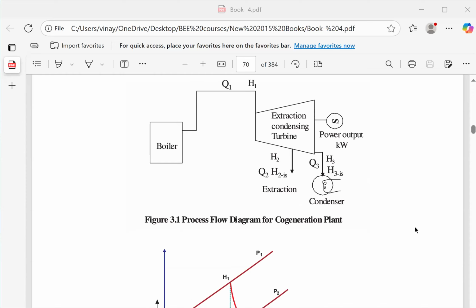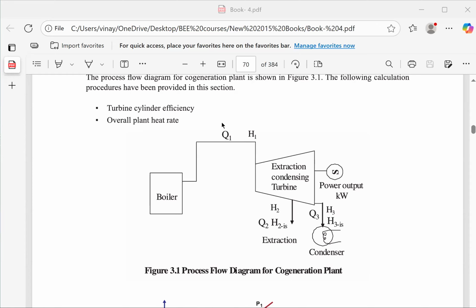So what are the main points? First, you should know how much is the total Q, that is total steam weight in kgs per hour. H1 is the total heat content in that steam. So when you multiply Q1 into H1, you get the total kilocalories input to the turbine. Got it? Now, this H1 Q1 steam is allowed to expand